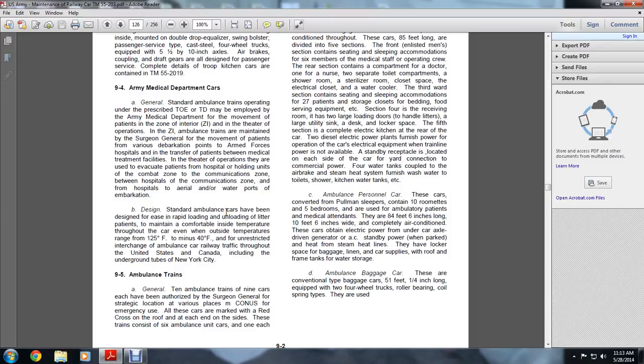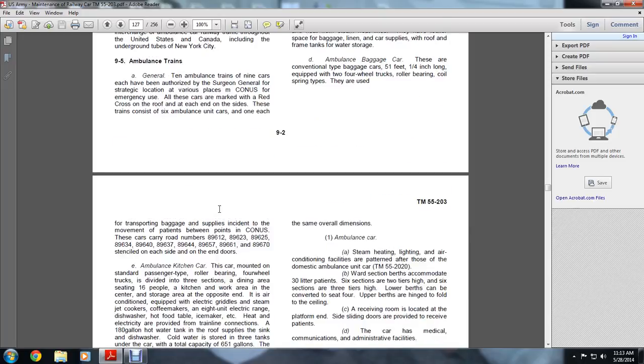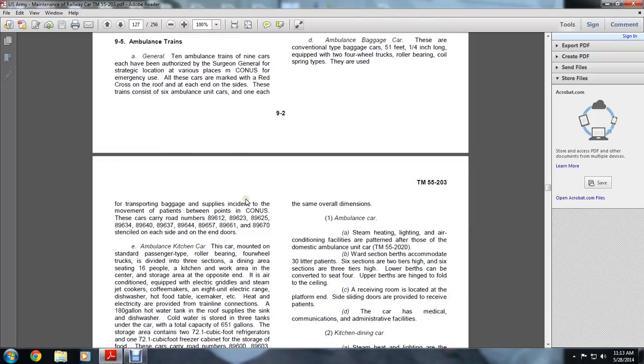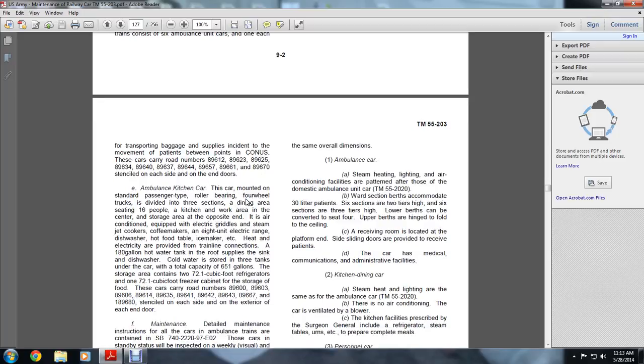The locker space and coupler car are supplied with roof and frame tanks for water storage. D. The ambulance baggage car. These are conventional type baggage cars, 51 feet long, equipped with 2 4-wheel trucks, roller bearings and coil springs. They are used for transportation of baggage and supplies incident to the movement of patients between the cars of the train. These cars' road numbers are 89612, 89623, 89625, 89634, 89640,